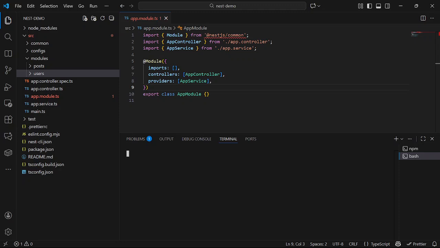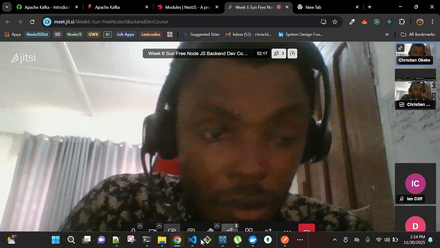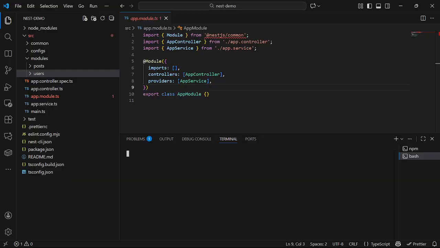Oh boy, I don't know why my items are just lagging here. Hello guys, you can still see my screen, right? Okay, still installing.